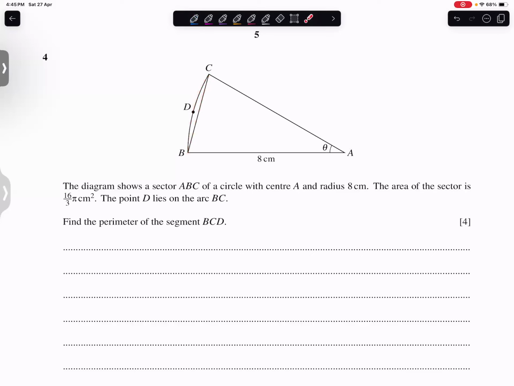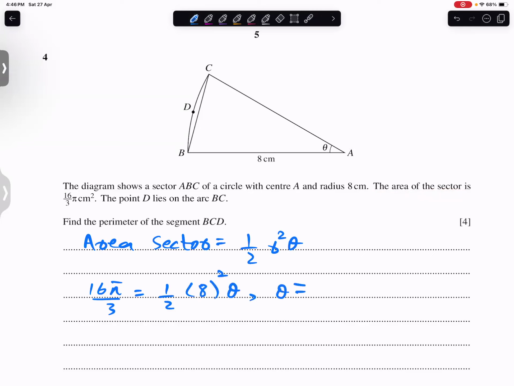Okay. And first of all, I think we can find this theta by looking at the area of the sector. So students, area of the sector is, सेक्टर एरिया क्या होगा, क्या फार्मूला होता है? हाफ आर स्क्वायर थीटा। यस सर। 16 पाई/3, ये फार्मूले आपने खुद याद करने थे। और रेडियस दिया हुआ है आपको 8, स्क्वायर थीटा, सब्जेक्ट बना ले यहाँ से।